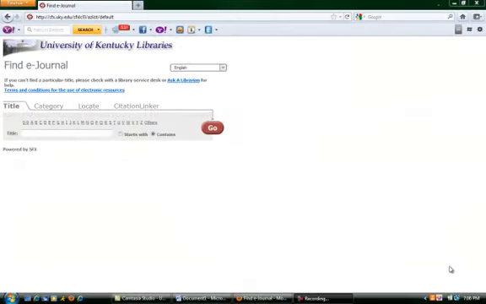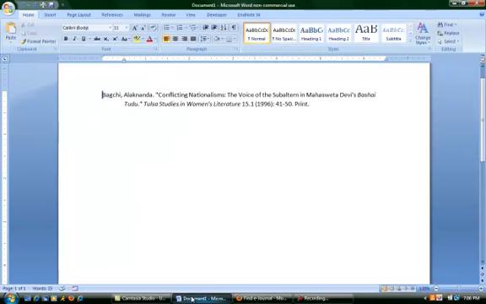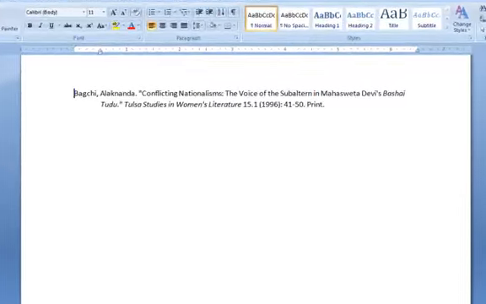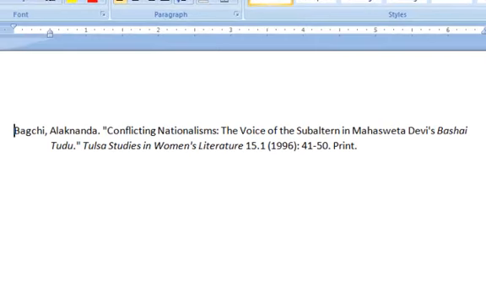This is the EJournals search screen, and as you can see, it's pretty basic. When you're in this page, you're going to search by journal title. So the first step is identifying the title of the journal in which the article you need is located. So you need to look at the citation that you have. In this case, I've pulled one up, and be able to identify exactly which of these elements is the title